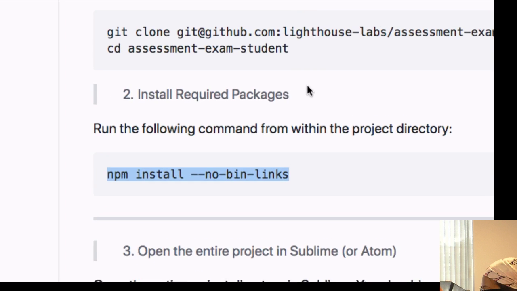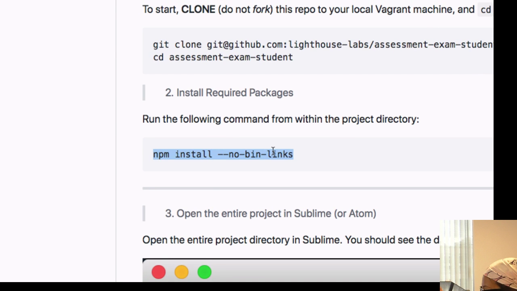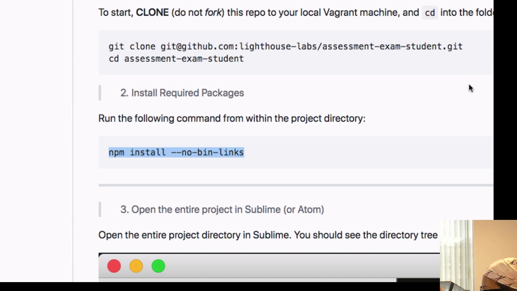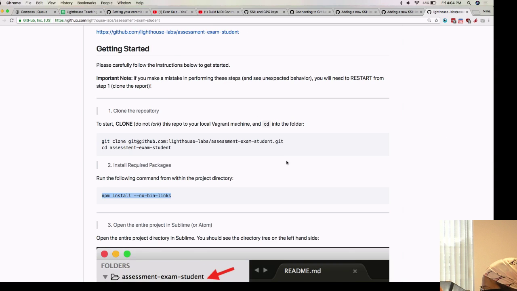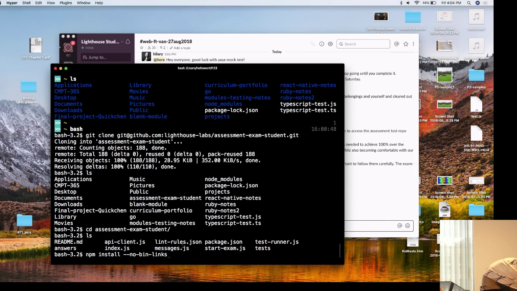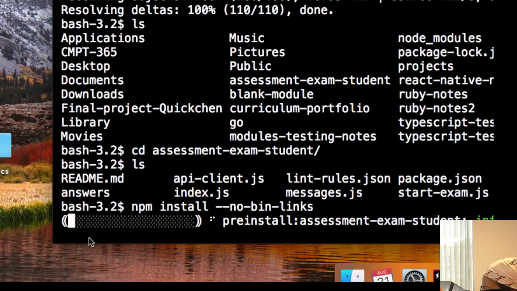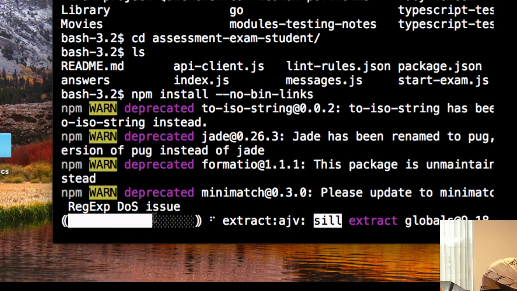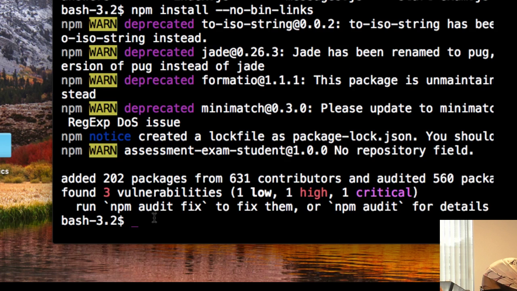You're going to run this npm command in your terminal after you've cloned and cd'd in. If I'm running it, I go npm install no bin links. It's going to start installing stuff. Because this is the client that we're using to do the test, the questions that we're administering for the test are not loaded into the project.